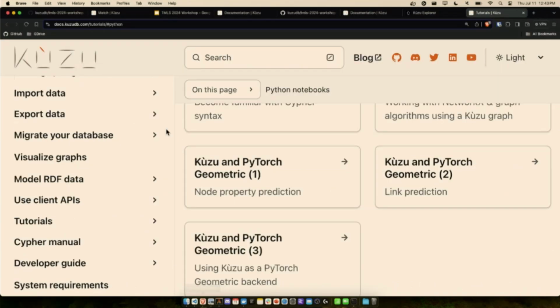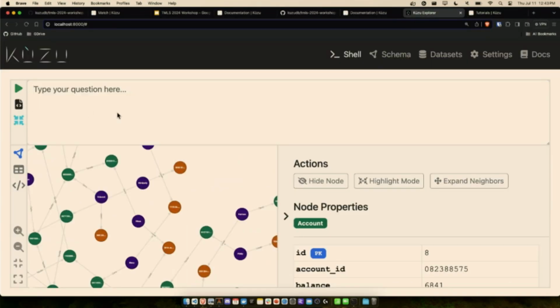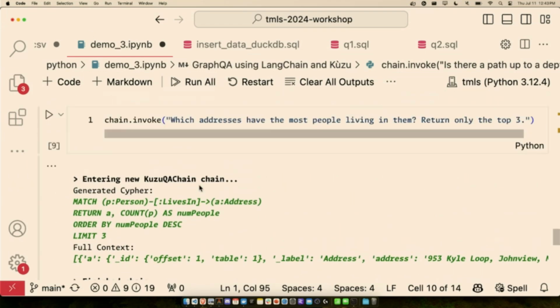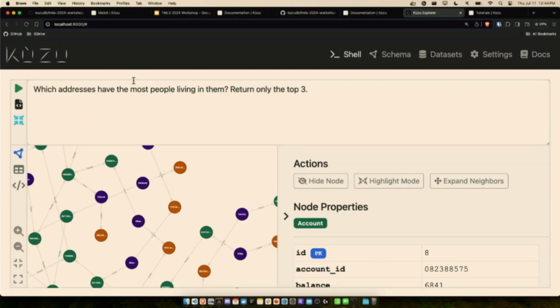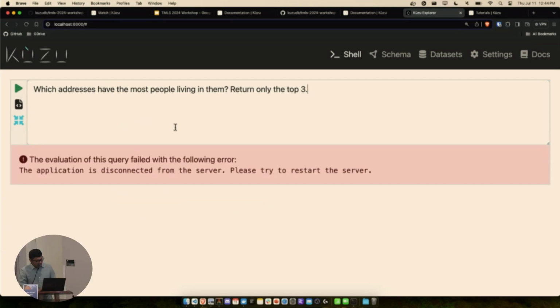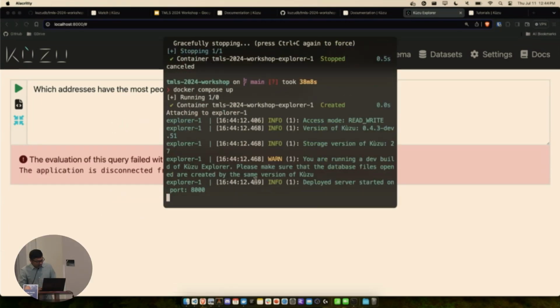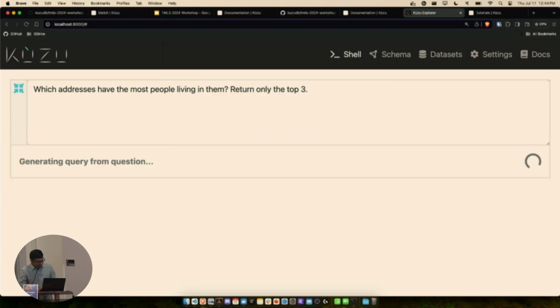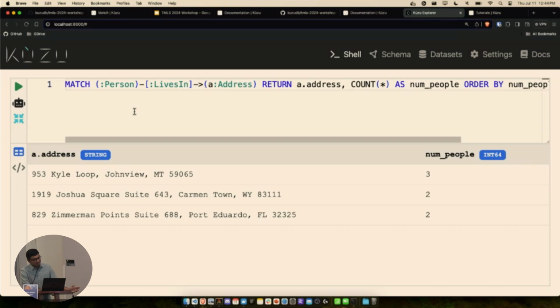And speaking of which, I forgot to mention, we have this feature here in Kuzu Explorer where I could have done the same thing. I could have just asked this question, which addresses have the most people living in them, and pasted that here in the Cypher editor. And in this case, okay, I closed my editor, but it's not going to work, is it? Okay. Yeah. So what it did is just like we have an OpenAI manual code that we wrote,